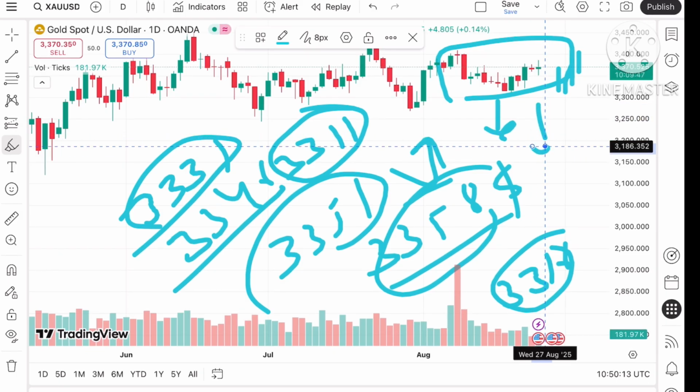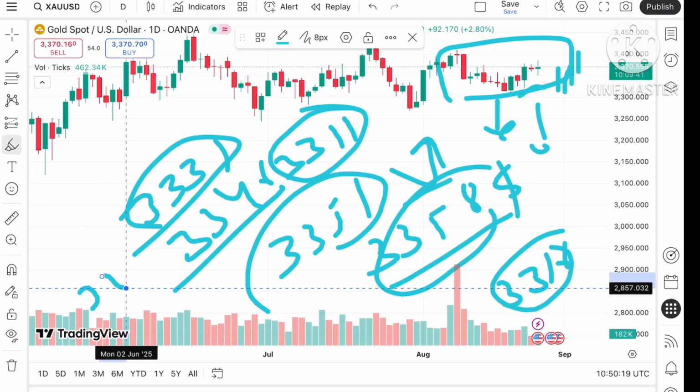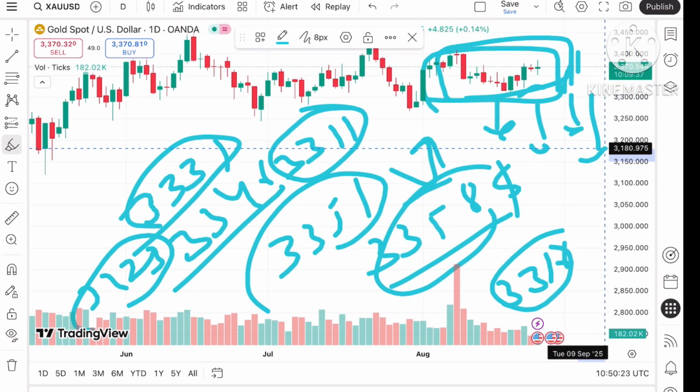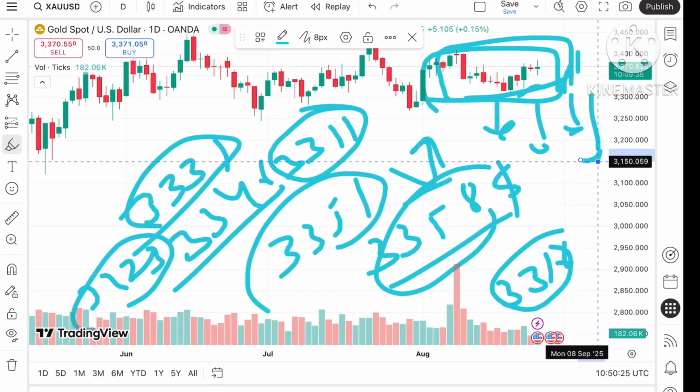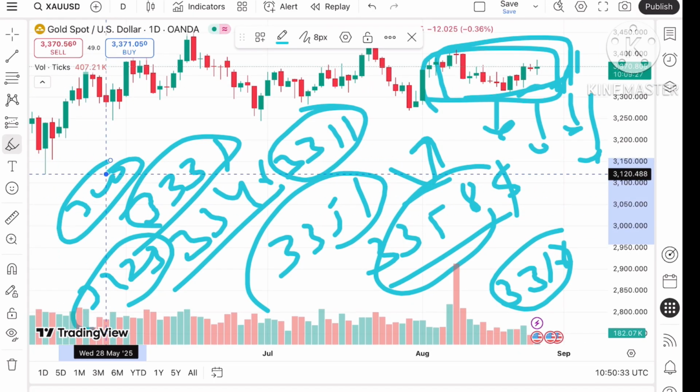Any doubt regarding this, you can mail me. I've given the mail ID in the description. Understand, as soon as the price starts going below $3320, there will be a zone breakout, so a further downfall can be seen. Any doubt regarding this, you can mail me. I've given the mail ID in the description. Keep trailing your SL as soon as the price goes below 3320.